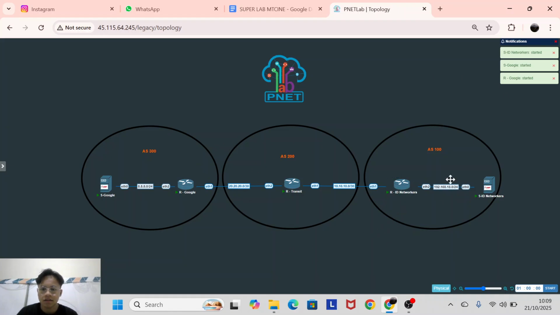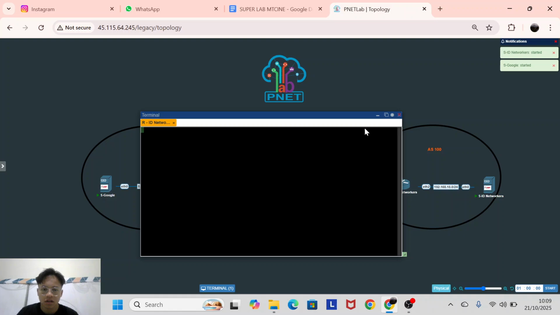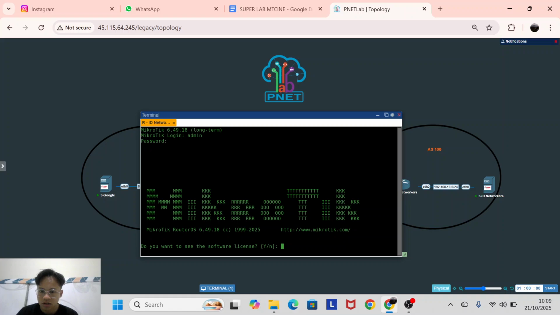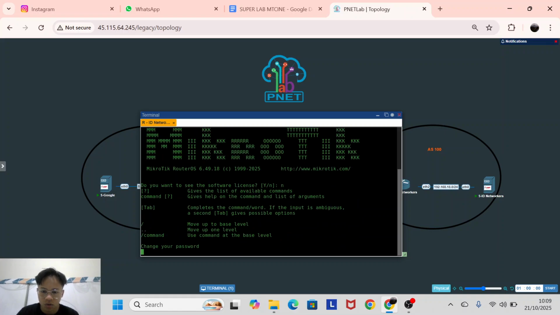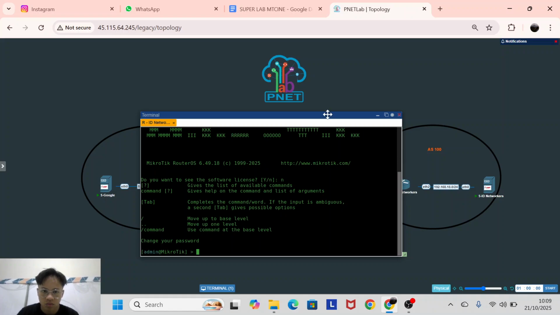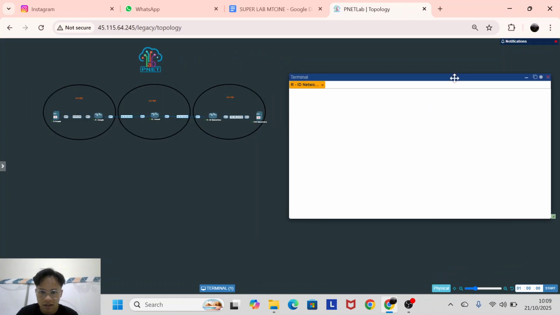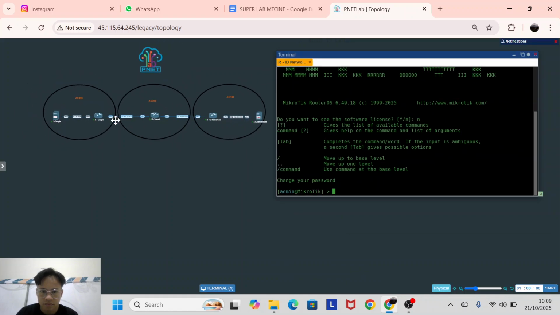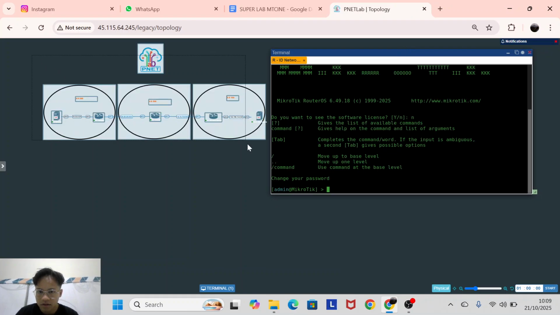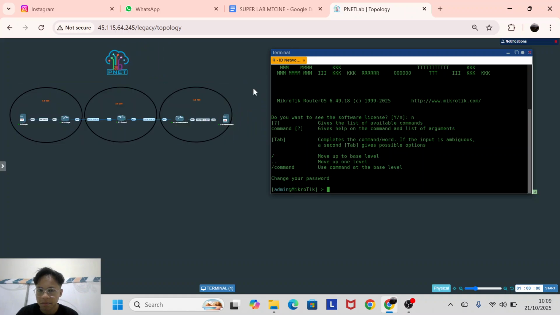Okay, this is live, and we will try to log in. The default user is admin, enter, the password is nothing, enter again. Do you want to see the software license? No. Okay, I will try to make it look better.